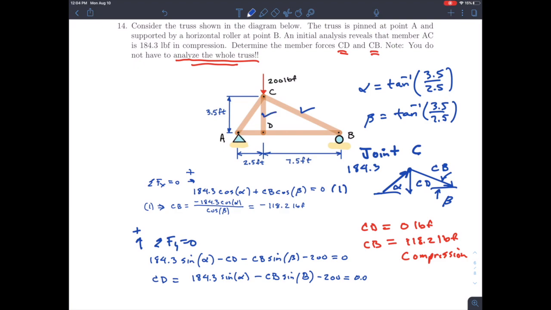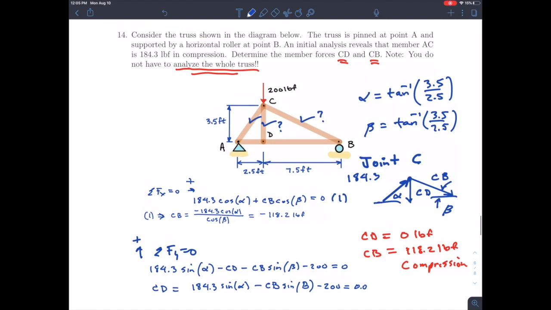All right, so we're thinking here that I want to find CB and I want to find CD. This one is known. We don't know these, but we do know this one. That means at this joint I have two unknowns at a single joint. If I have two unknowns at a single joint, I can solve for the unknowns, right? Because the sum of forces in the x direction gives me one equation, sum of forces in the y direction